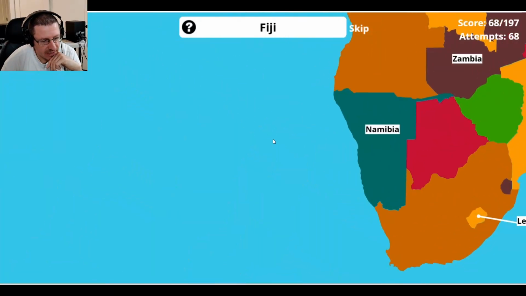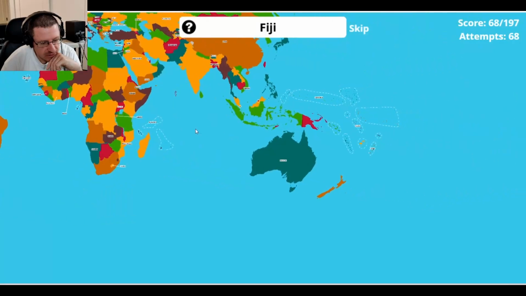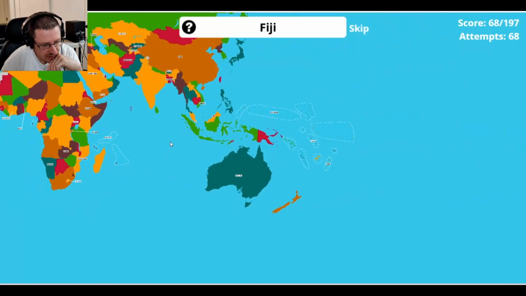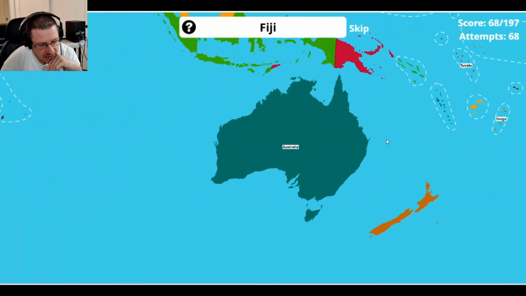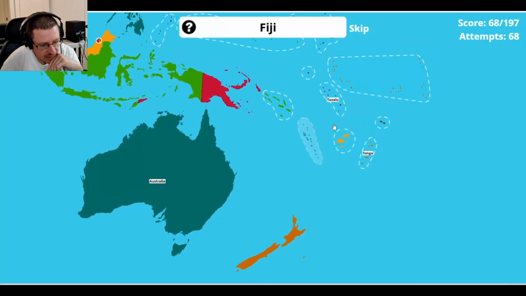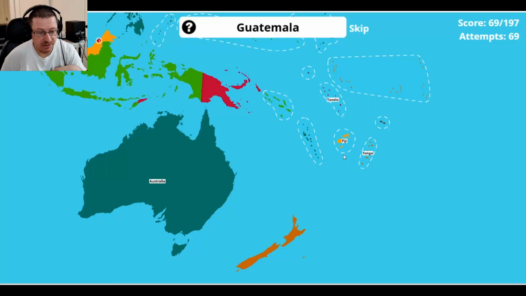Fiji is oceanic. So let's zoom out. Let's go over here. Fiji. Fiji is a big chunk of land right here. In the 19th century, it was known as Cannibal Island, for the cannibalism, and they're also like walking on hot coals is popular there. I think they still do it actually.